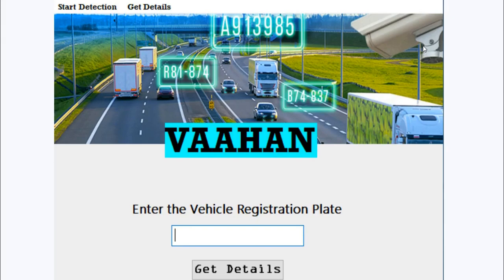So the project we developed is Vahan. Vahan is an authentication and authorization system for all types of vehicles, including bikes, cars, trucks, jeeps, and all. The tech stack we used is YOLO V5, which we use for the number plate detection purpose, and EasyOCR, which we use for the character recognition purpose, and PyQt5, which we use for the front-end development.